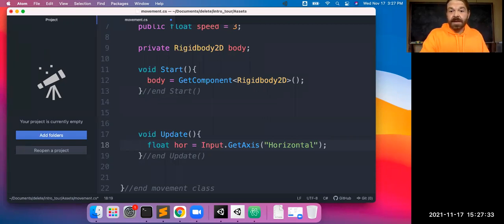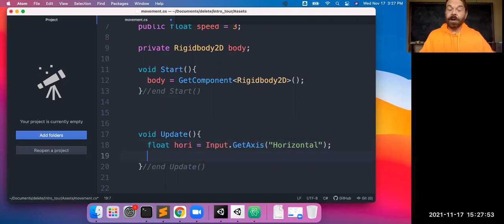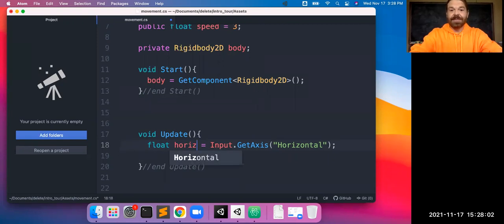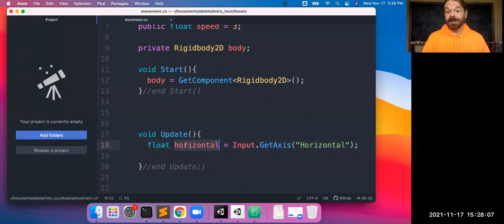That stuff's built in. But we use the input, get access, and ask for one of those inputs that is built into Unity. It's going to give us a floating point number, and then we just need some sort of reference to it. I'm going to abbreviate that differently so I can read that word. So a floating point data called hori, just an abbreviation of horizontal. I might as well spell it out. No need to be lazy with typing. A floating point number called horizontal that is just the current value of the horizontal input axis,